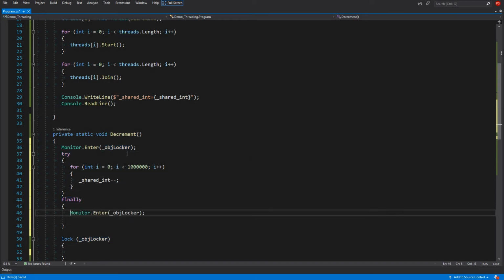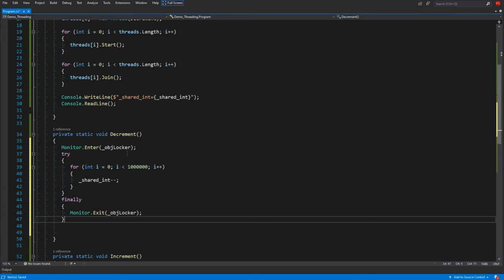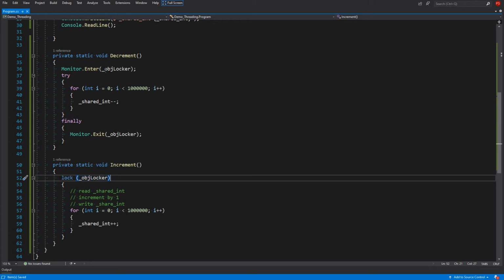We can actually use this Exit and remove this sugar. Lot of sugar in .NET, too much sugar. So our syntactic sugar, the lock construct, lock keyword, actually does exactly the same, and we can prove it.